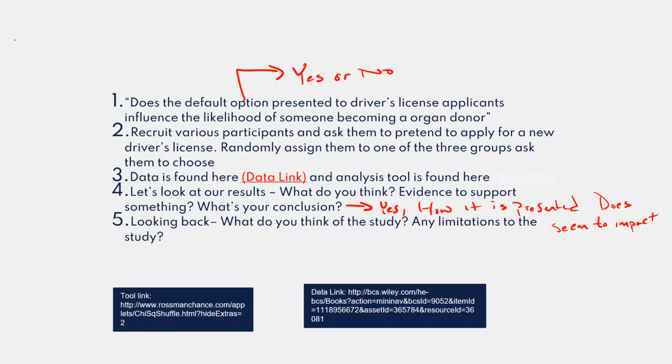This is the real data. In New York, roughly 35% of applicants are organ donors. That's what the real world data bears out. New Jersey, which does it differently, the Great Garden State. Do you think we're actually that much better than you, or do you think it's pretty close? It's close.